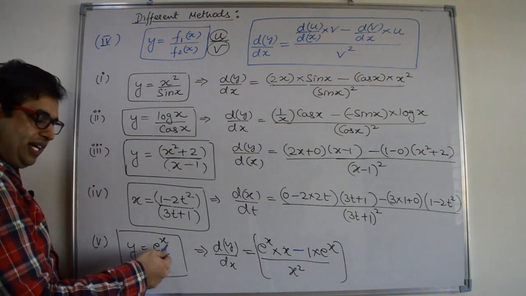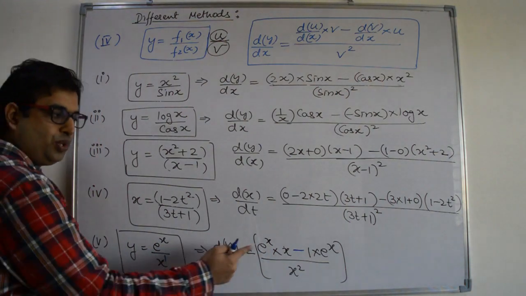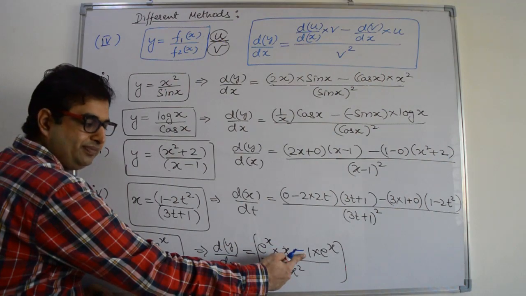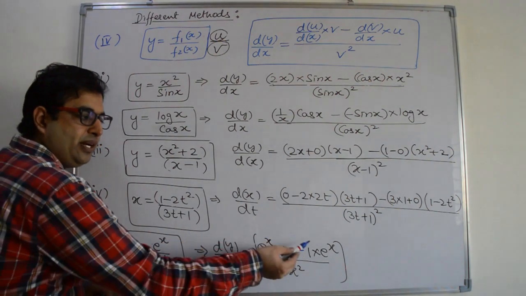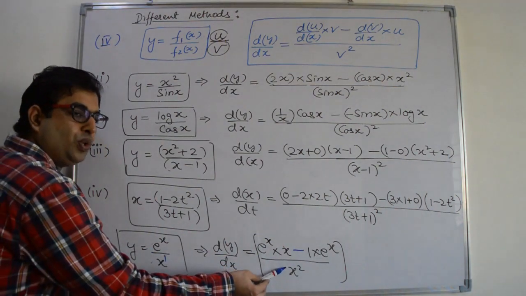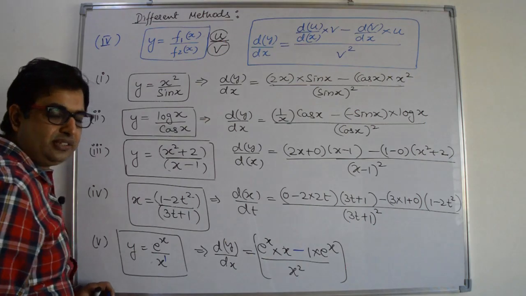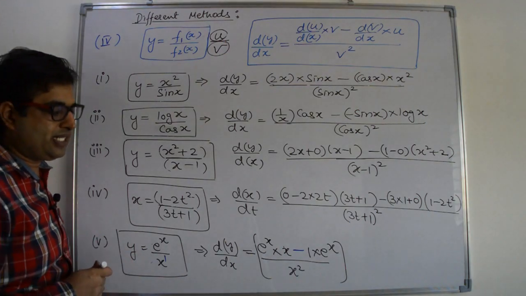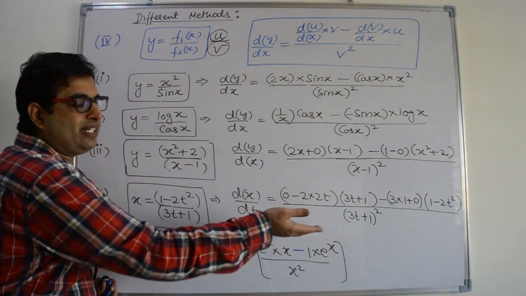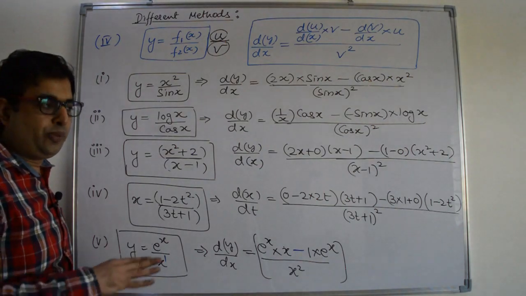Because the power will come in multiplication, 1 minus 1 it becomes x power 0. So the differentiation will be 1. e power x will come in multiplication. Divide by the denominator whole square. So divide by x square. You can solve it further. You can simplify it. But this is the differentiation. After that there will be simplification. Right? I hope you understood this.